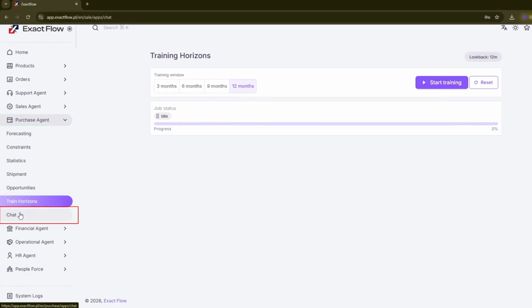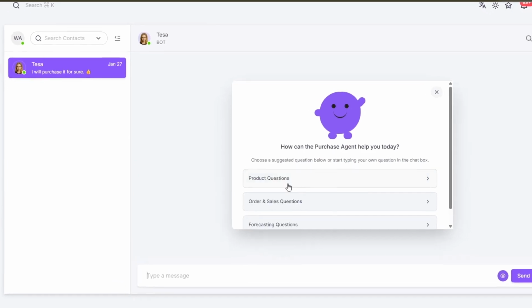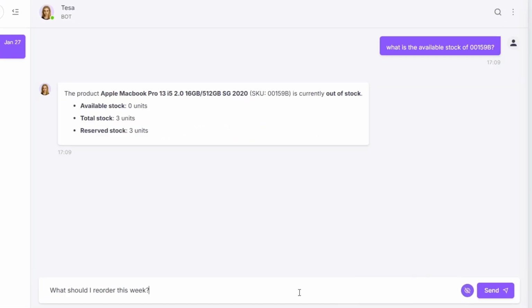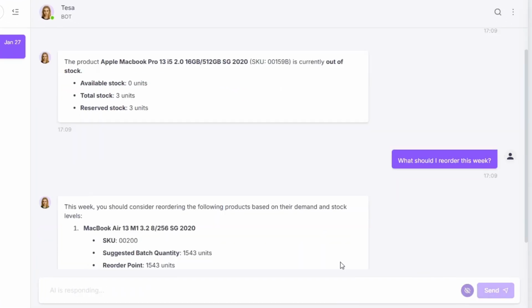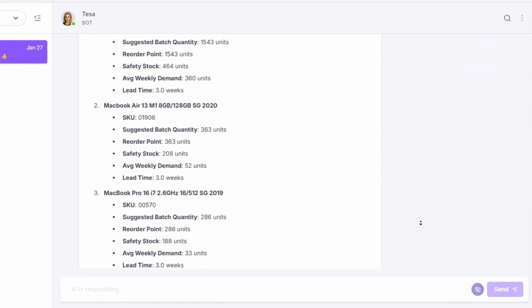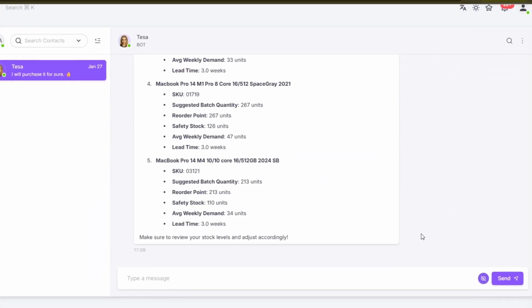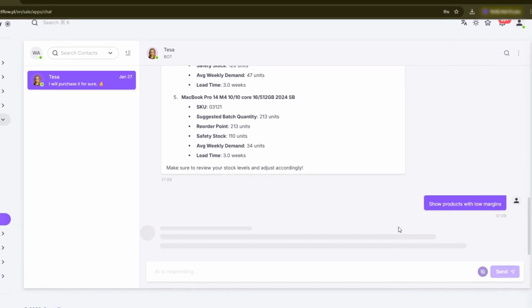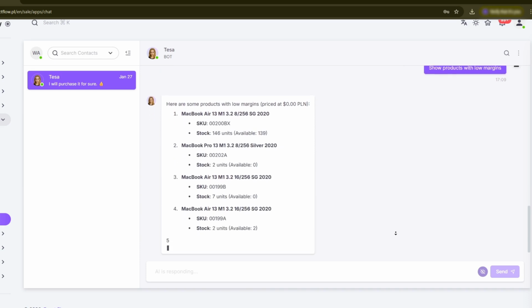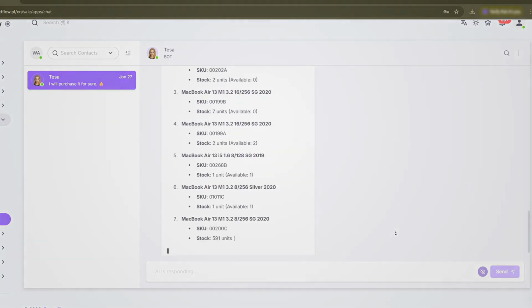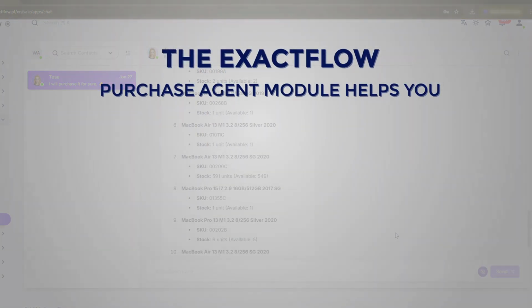Meet your AI purchase assistant, your always-on buying expert. Simply ask, what should I reorder this week? Which SKUs are at risk? Show products with low margins. No spreadsheets, no filters, just instant data-driven answers that help you buy with confidence every time. The ExactFlow Purchase Agent module helps you